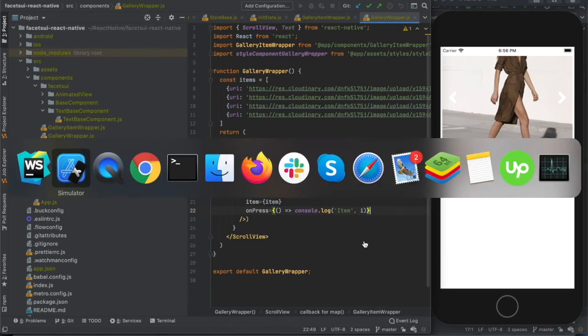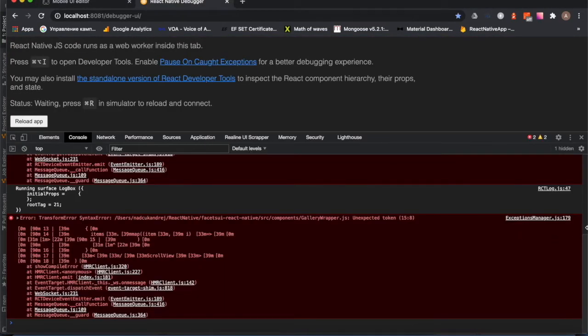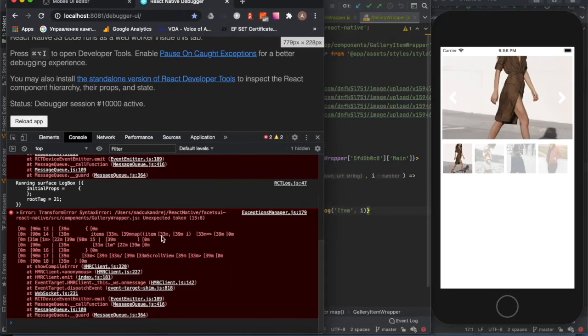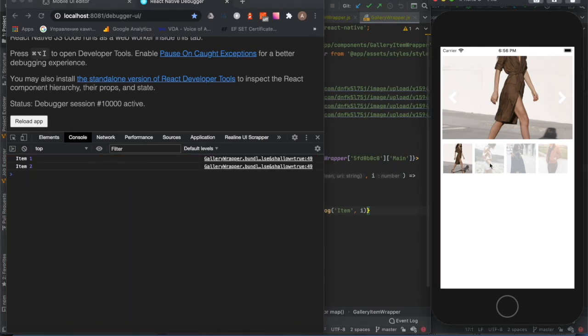And let's check it in the debugger. As we can see, it works properly. And now